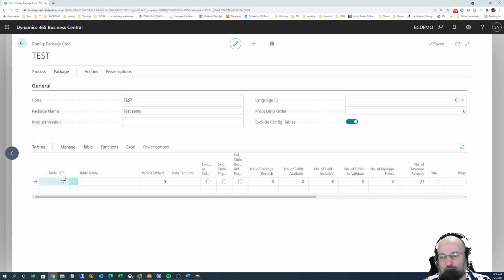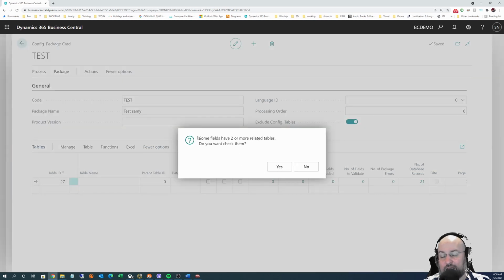You could have, if you know the number, you can just type the number here and that's just as fine. That's okay. And as soon as you go out of the line, as you know, that's how you validate the selection. You get a question here that some fields have 2 or more related tables. And this has to do with the fact that in some of the fields, you can choose an option which depends on what exactly you selected